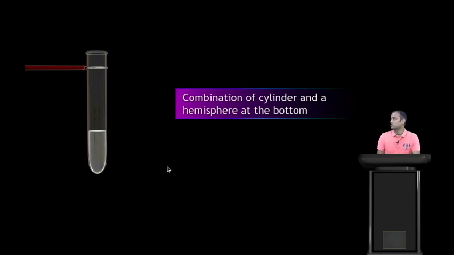So it is the combination of a cylinder and a hemisphere at the bottom. If you cut out from this portion, you will get this and this. So it is a combination of a cylinder and a hemisphere. Now it's a beaker,